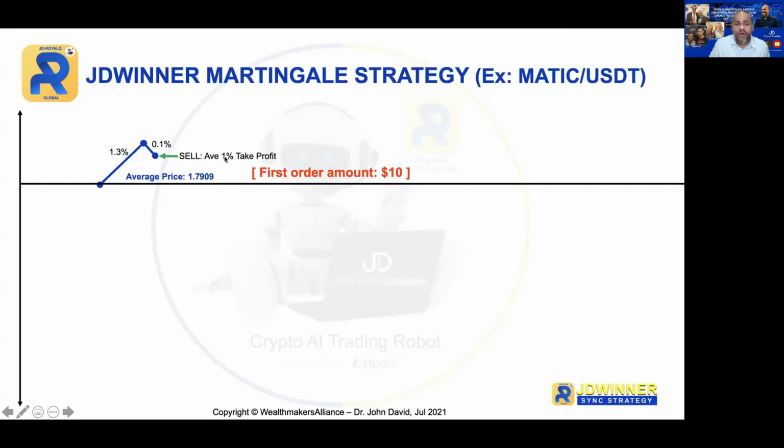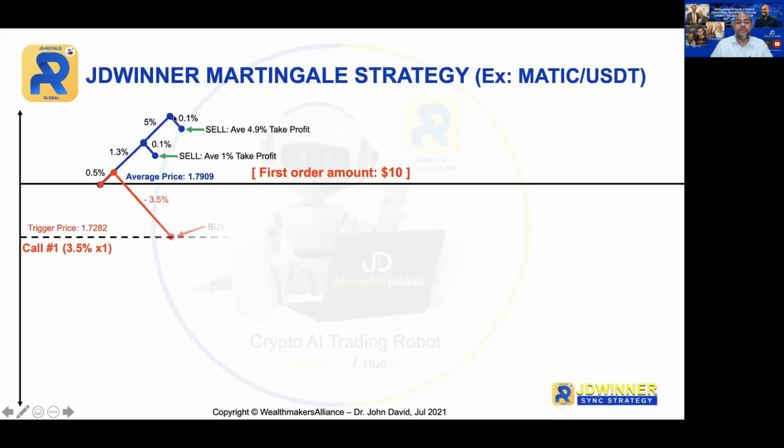So it will sell at 1%, right? 1% of $10, all right? So you will then make 1% profit when you hit the 1.3. Now, in some instances, where the market momentum is really strong, what happened? It can even go up to 5% or 10%. So the bot is so intelligent, it will follow through, but depending on the momentum, because the algorithm will see the momentum and then decide. So if there's no momentum, then the bot will take the profit at about 1.3 or probably about 3 or 4%. All right. So now, let's say, for example, the market goes all the way to 5%,